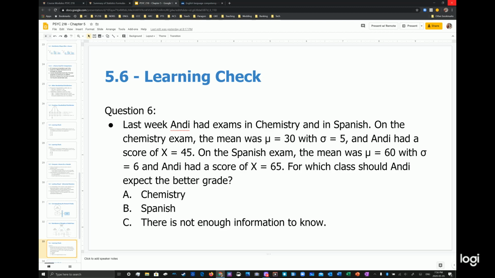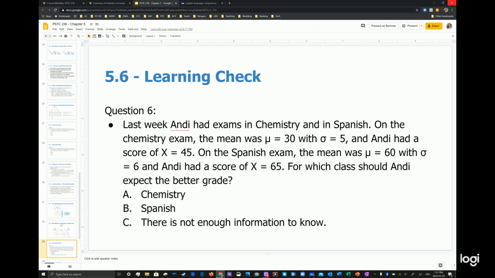Here's question 6. The question reads, last week Andy had exams in chemistry and Spanish. Again, this is a case now where we can actually compare tests. On the chemistry exam, the mean was 30 with a standard deviation of 5, and Andy had a score of 45. On the Spanish exam, the mean was 60 with a standard deviation of 6, and Andy had a score of 65. Here, by comparing distributions,